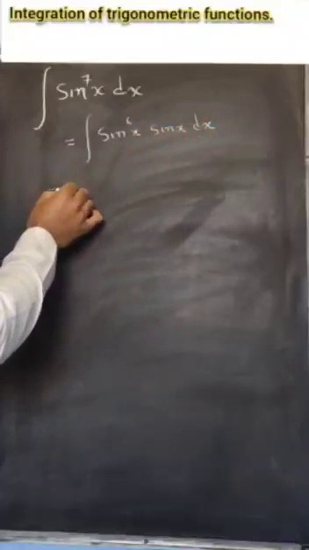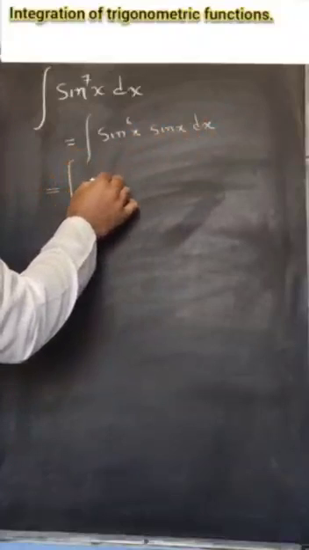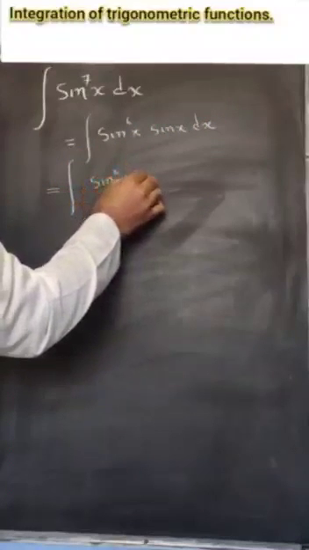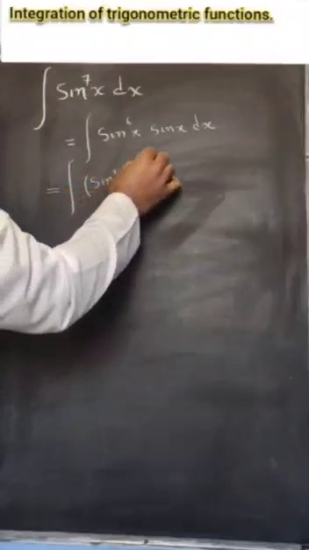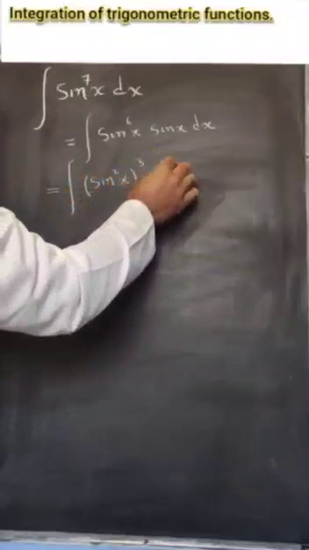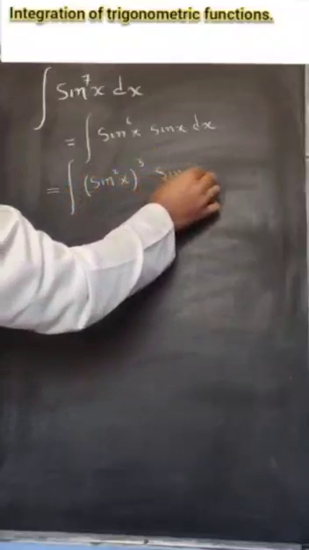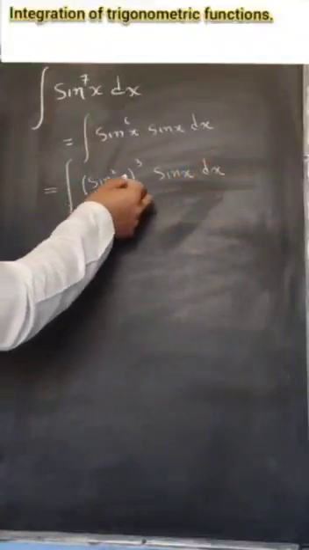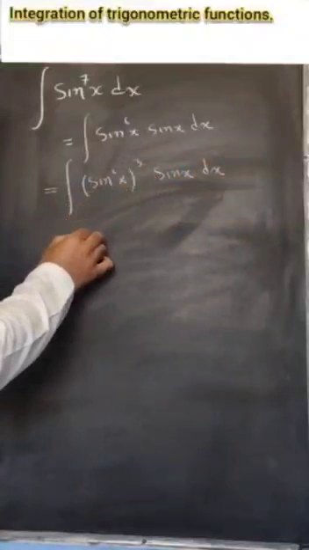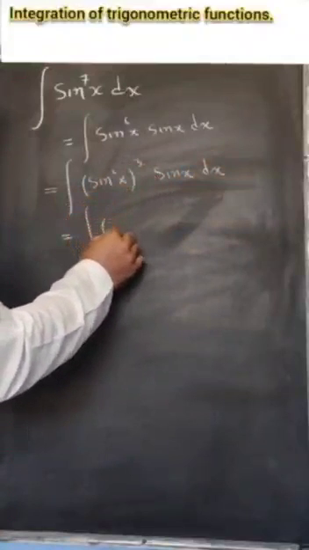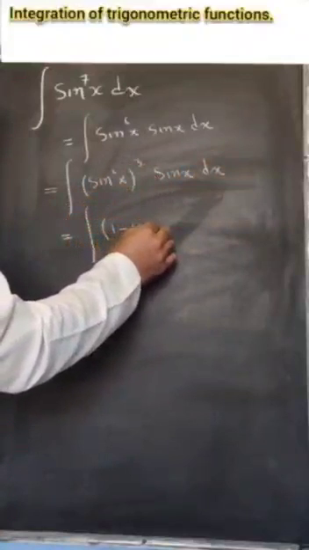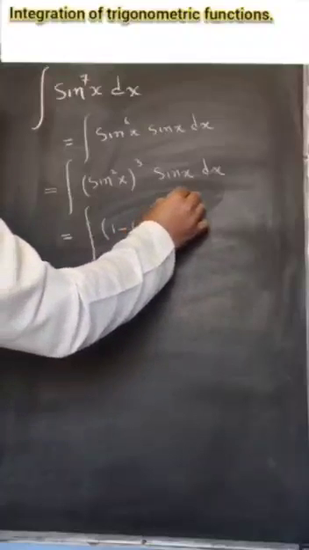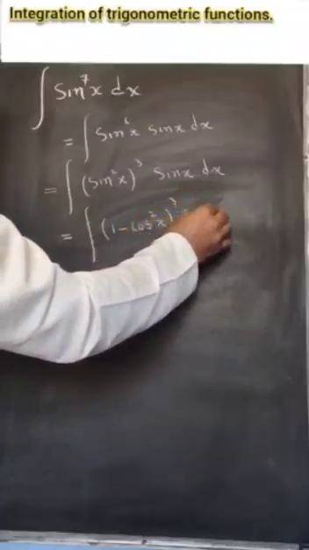Or we can write it as integral sine square x raised to power 3 sine x dx. Now instead of sine square x we can write 1 minus cosine square x. It is 1 minus cosine square x whole cube sine x